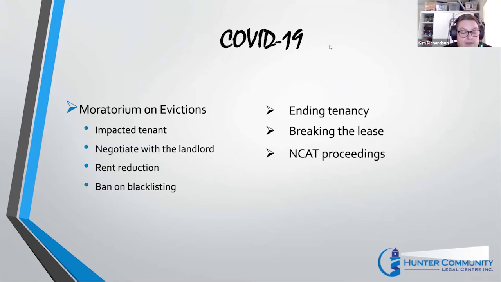Now, if you're looking at ending your tenancy outside of a fixed term agreement, if you're in a periodic agreement, so your tenancy is ongoing, you can end your tenancy by giving a minimum of 21 days notice and leaving by the vacate date in your notice. It is worth getting in touch with the landlord or the agent to explain your current financial circumstances or your health circumstances. And you may be able to negotiate and agree on a shorter period of notice.